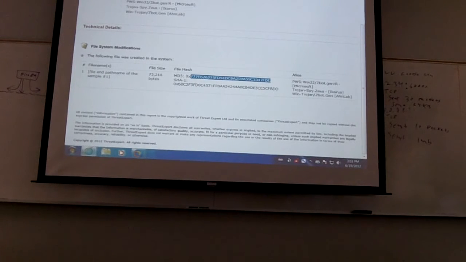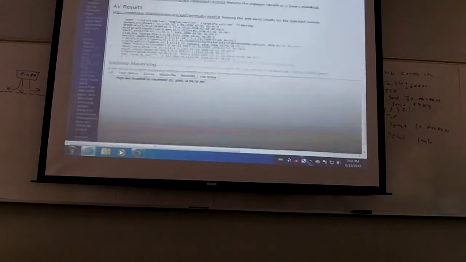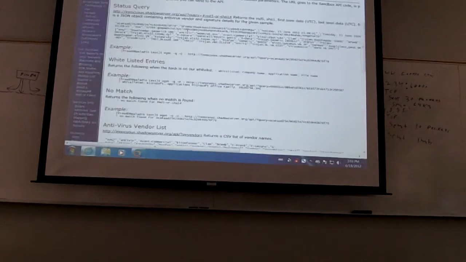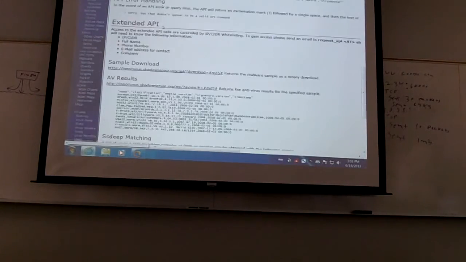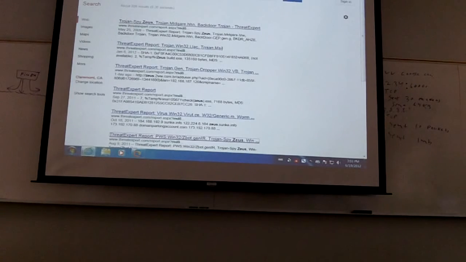the Shadowserver sandbox API, then you could go and do a sample download. You can go and download this copy. There's other ways, like sometimes you hear about Zeus, but most of the antivirus vendors call it Zbot, and you wouldn't necessarily do that. Another good way to do it is site: